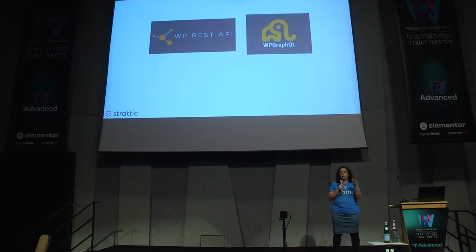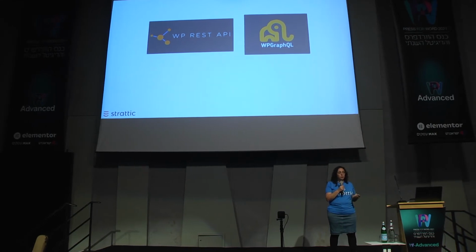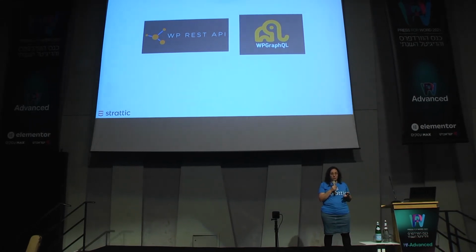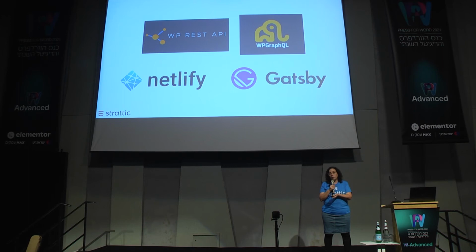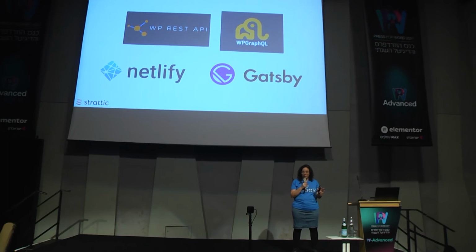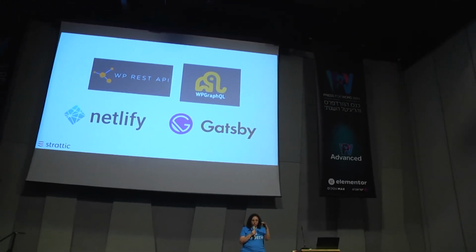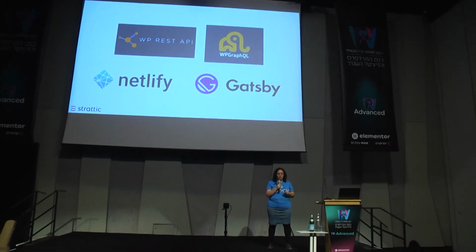Okay, so how do you build a headless WordPress site? So first of all, there's the WP REST API, which is part of every WordPress installation. So you've got it right there, and it creates the endpoints, which you can then use for your front end. You have WP GraphQL, which is also a way to build out your headless WordPress sites. And then you can deploy to different platforms. So I mentioned Netlify, there's Gatsby, there's Vercel. There's a lot of different platforms that you can deploy to that are aimed at supporting this type of implementation.